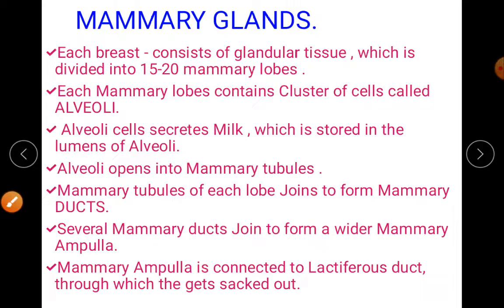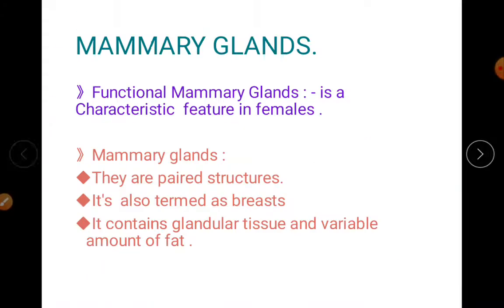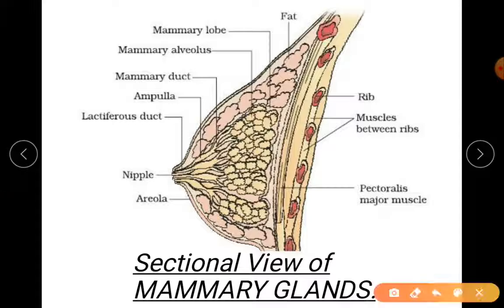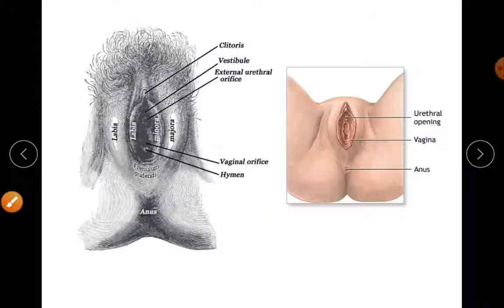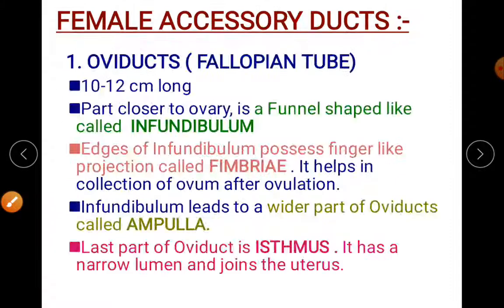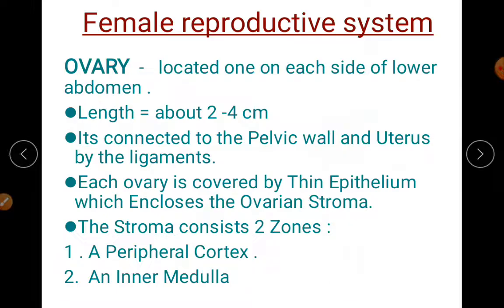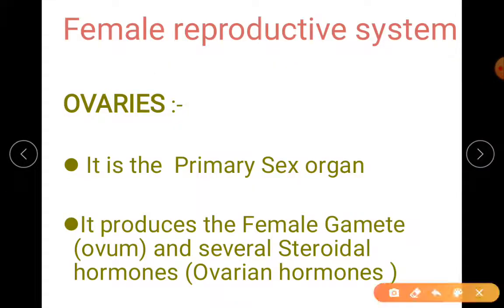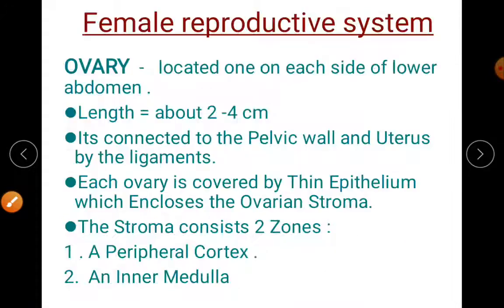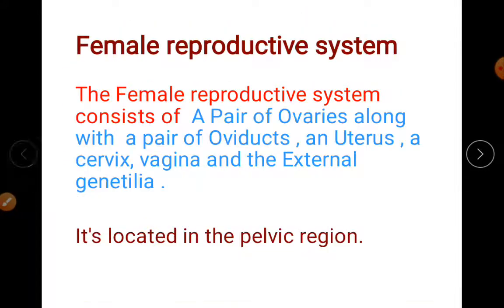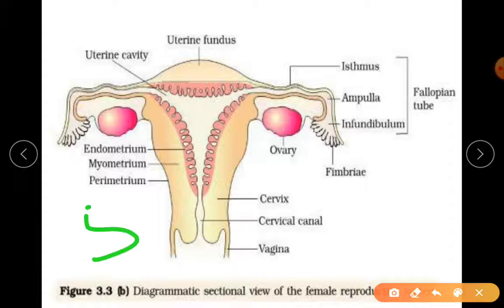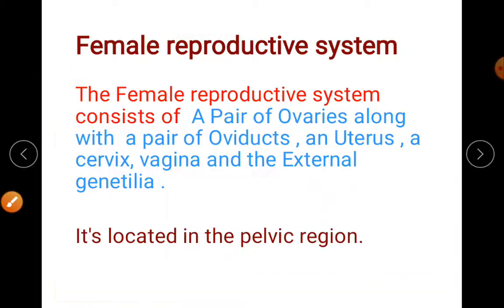So we are done with the female reproductive system. Just to recall, in order you have to go. You know about the primary sex organ, that is the ovaries. It is not only producing the gamete, it also produces the hormones. So this is your important 5-mark question. Okay, 5-mark question. Please practice this twice.